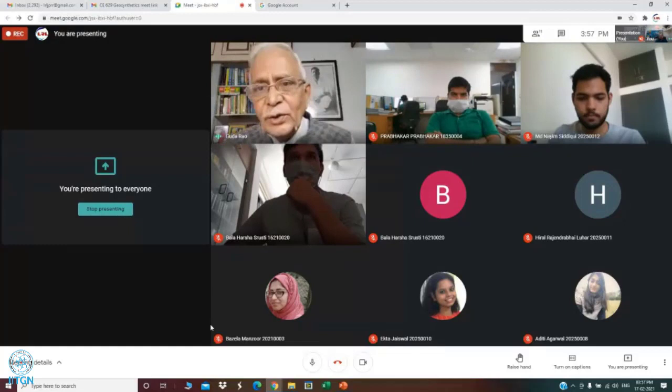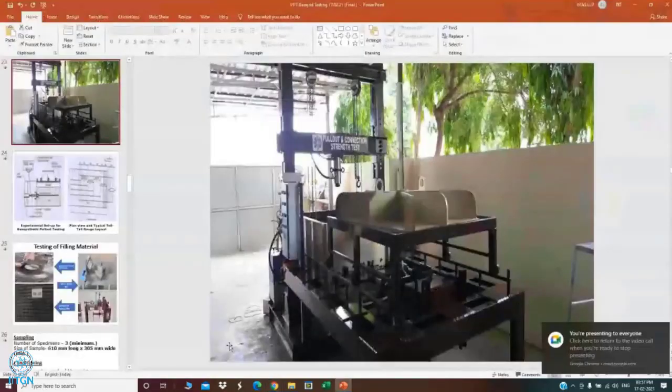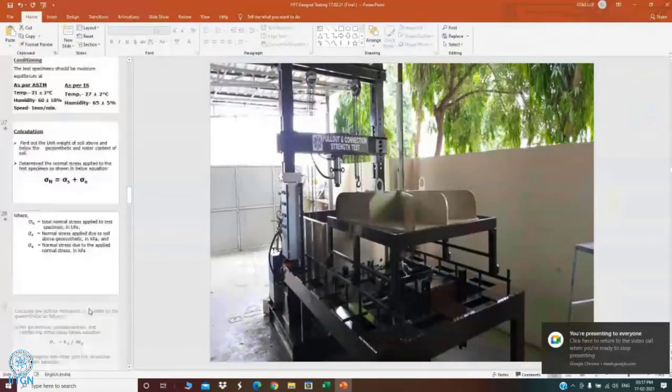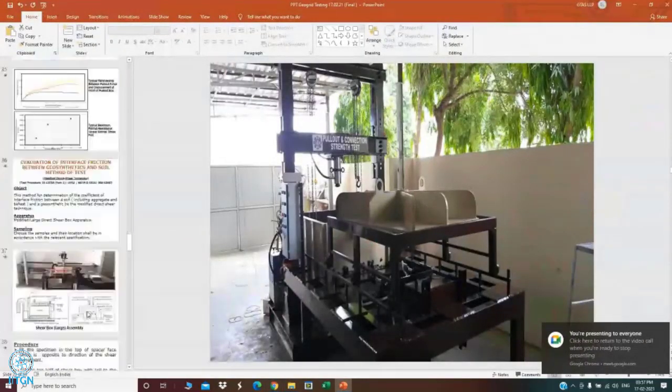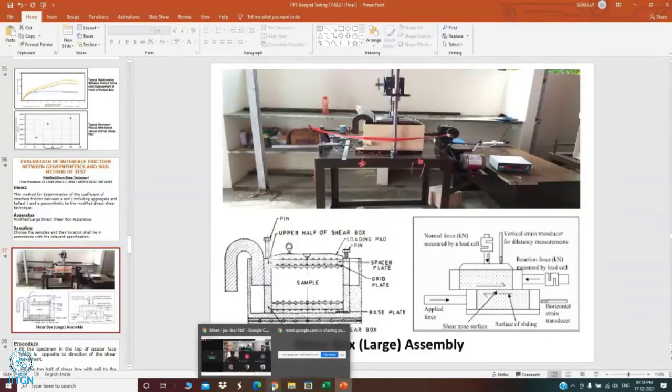And there is a unique feature also for the modified direct shear. If you recall, whatever testing we have been doing in the beginning at IIT and all, we are only doing in the laboratory scale, that is 60 by 60 millimeter sample, but that's not correct. So we'll have to do, first of all, a large shear box. Large shear box means it's going to be 300 millimeters by 300 millimeters in plan size.